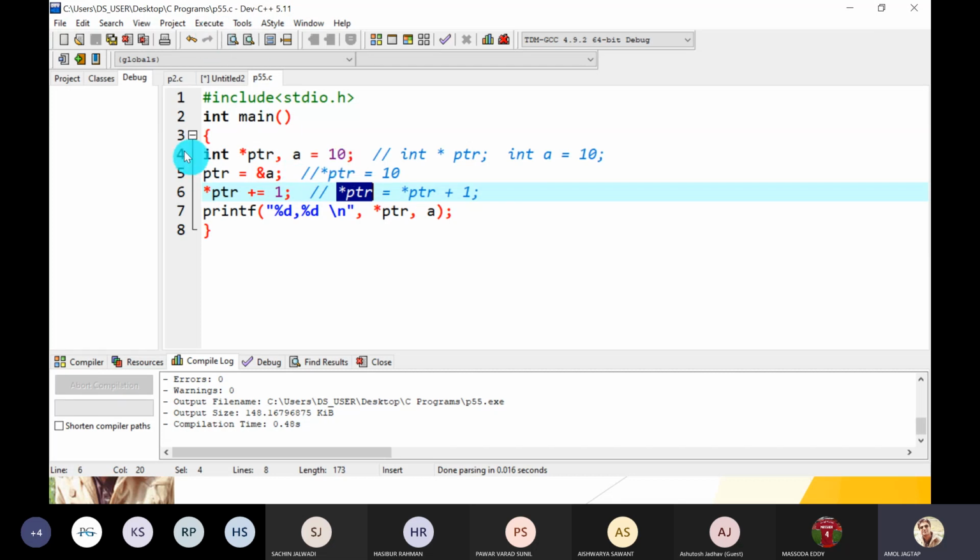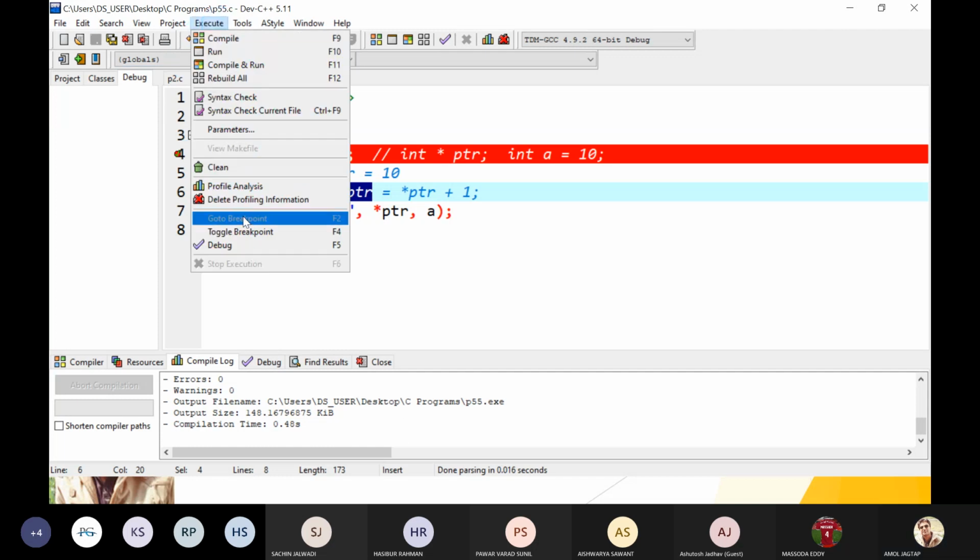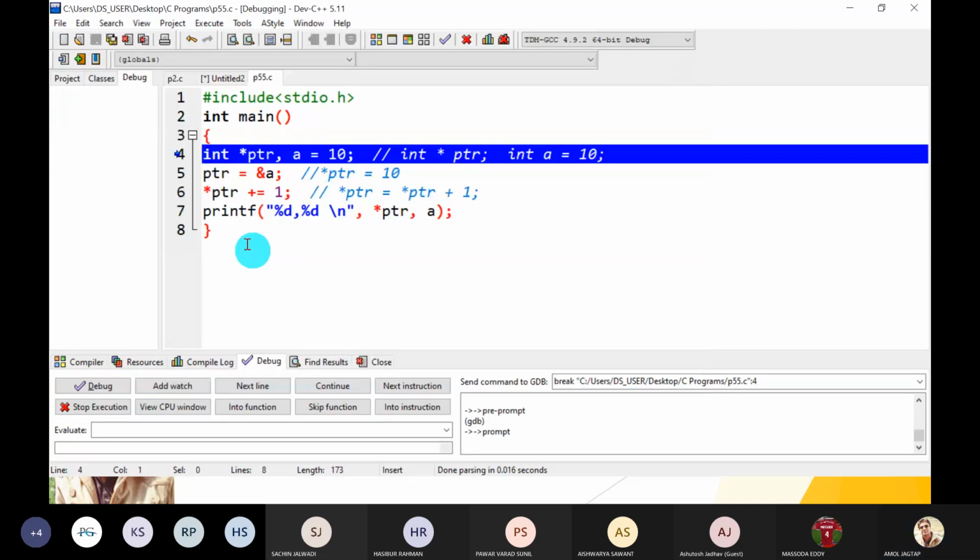If you want to debug it, let's start debug. First add watch. Then add watch for the whole. This is the difference between PTR and *PTR: *PTR gives you the value, while PTR just gives you the address. This is the address format, 0x1.